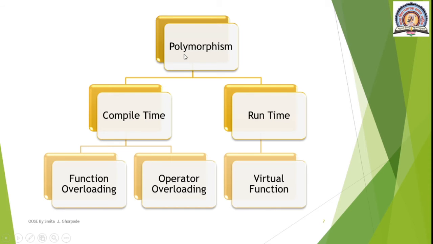Now here polymorphism in programming terminology is divided into two types. One is compile time polymorphism and second is runtime polymorphism. Compile time could be said as static binding and runtime could be said as dynamic binding. Now compile time is again divided into two parts. One is function overloading and second is operator overloading. This could be analyzed based on their data types and the arguments sent for those functions. And in runtime polymorphism, the best example is virtual function.